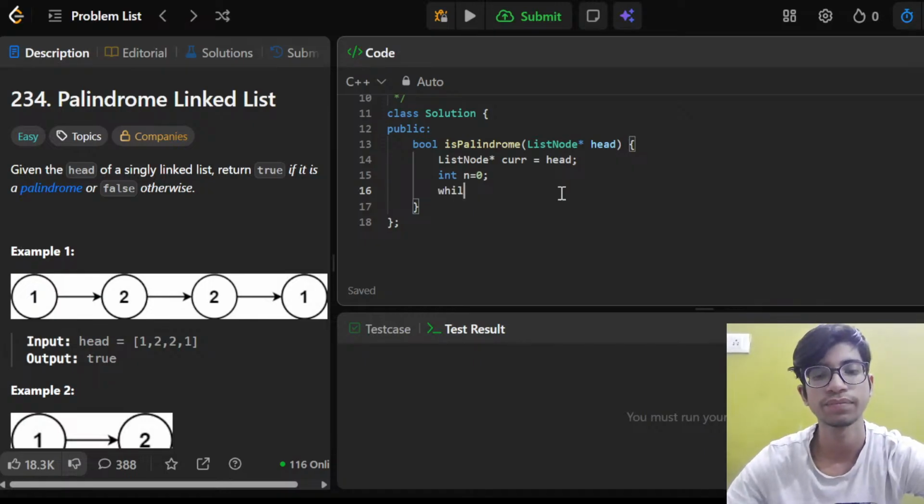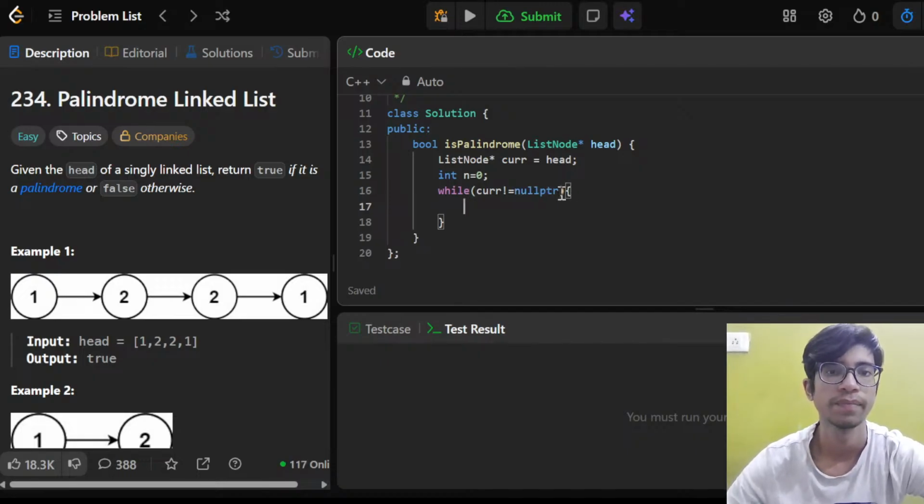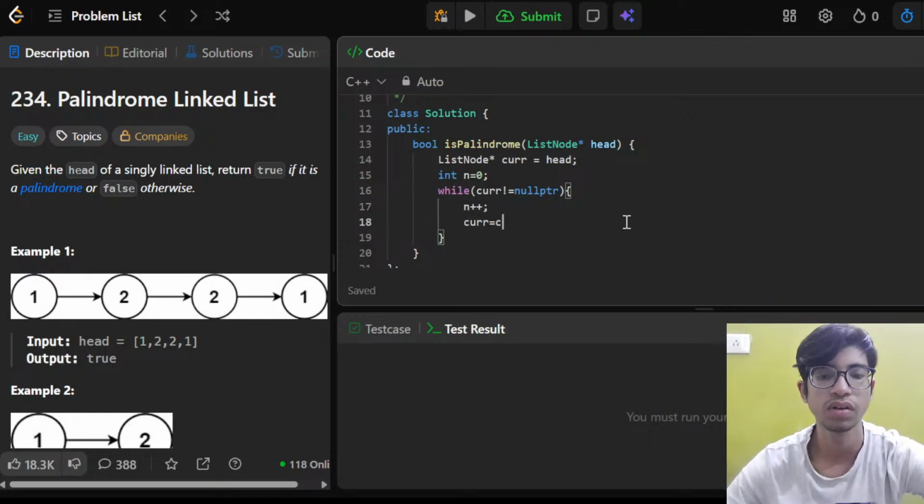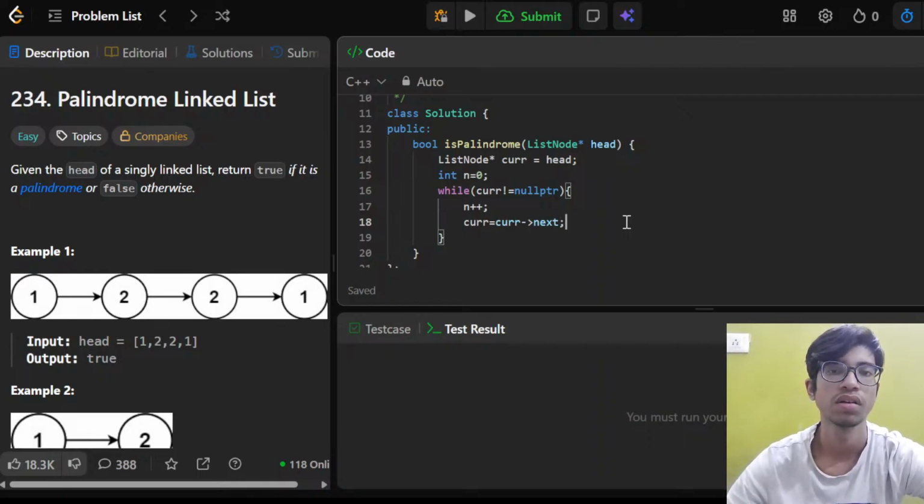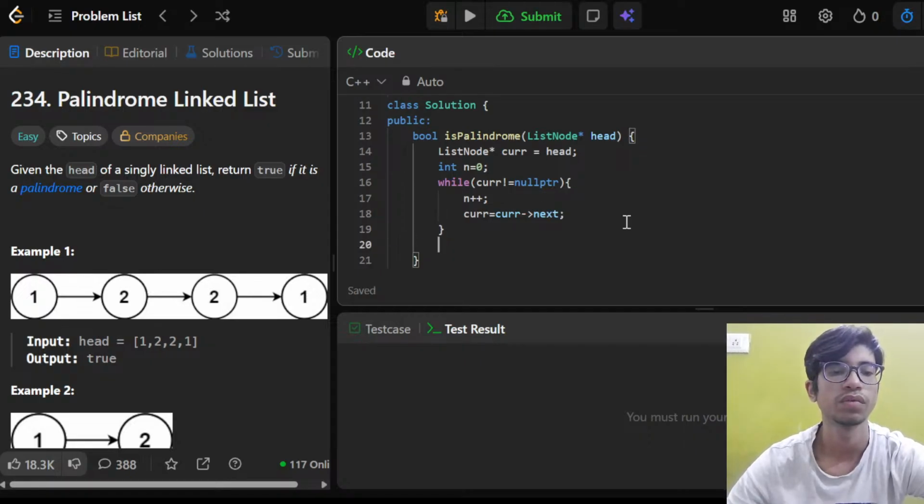So while curr not equal to nullptr, we will have n++ and curr is equal to curr next, and then what do we do? Now I've got the length.